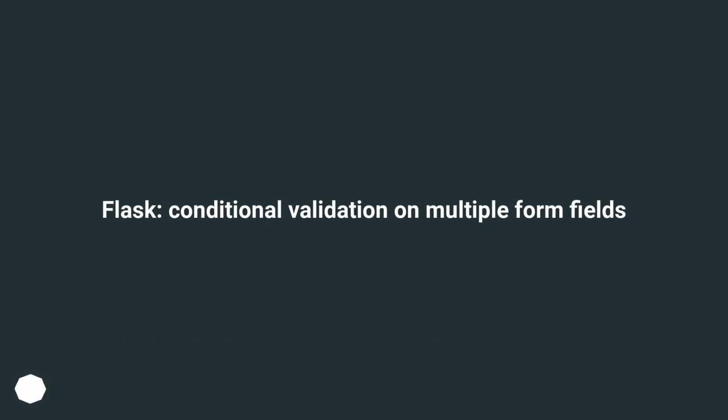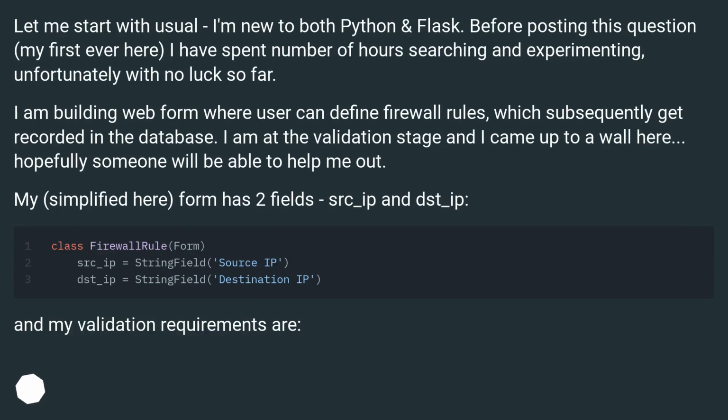Flask, conditional validation on multiple form fields. Let me start with the usual: I'm new to both Python and Flask. Before posting this question, my first ever here, I have spent a number of hours searching and experimenting, unfortunately with no